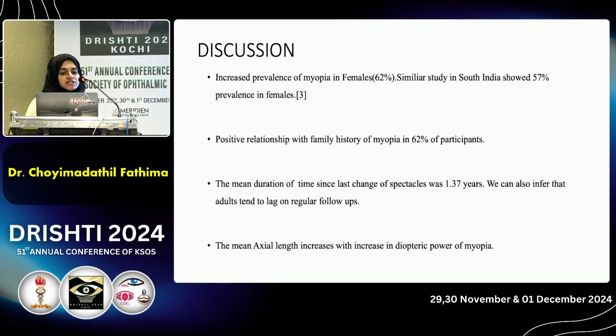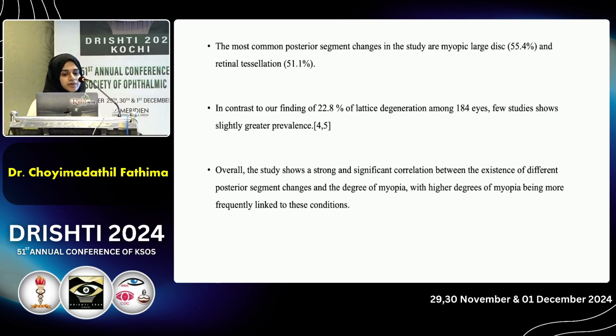There's a positive relationship with family history of myopia in 62% of the participants. The mean duration of time since last change of spectacles was 1.37 years. We can also infer that adults tend to lag on regular follow-ups. The mean axial length increases with increase in dioptric power of myopia. The most common posterior segment changes found in this study are myopic large disc in 55.4% and retinal tessellation